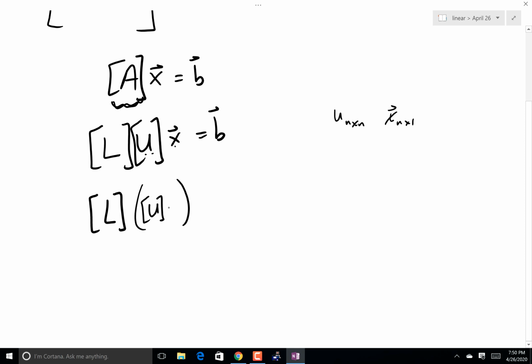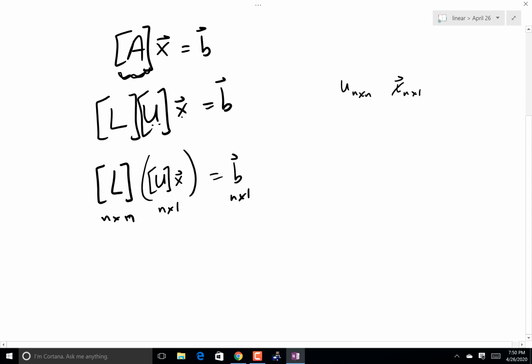So this times this is n by 1, and that is equal to n by 1, because L is an n by n. Make sense? Now, we're going to be able to solve this problem in a pretty easy, straightforward way, as a matter of fact. So in essence, what we're going to be left with is